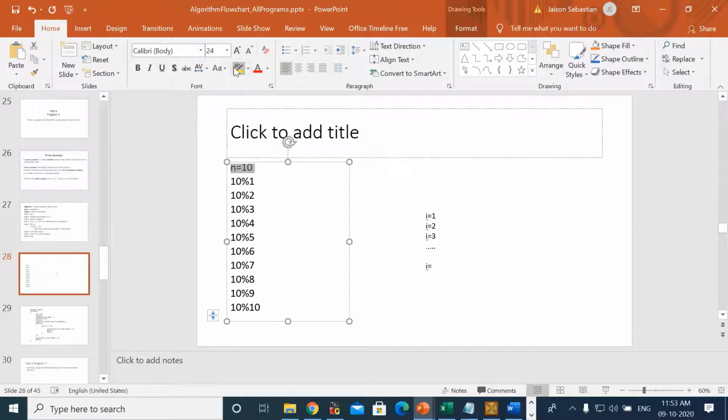Can you see over here? If I'm entering the number as 10, I'll be using a variable called i in order to divide that number. So here, in fact, I'll be dividing 10 by 1, 10 by 2, up to 10 by 10. If I enter 23, up to where should I be dividing? 23 mod 1, 23 mod 2, like that, up to 23 by 23. If I enter 4, I should be dividing 4 by 1, 4 by 2; divide means mod only, we will be getting the remainder. So I should be starting from 1 and ending at that number, dividing 10 by 1 up to 10 by 10.